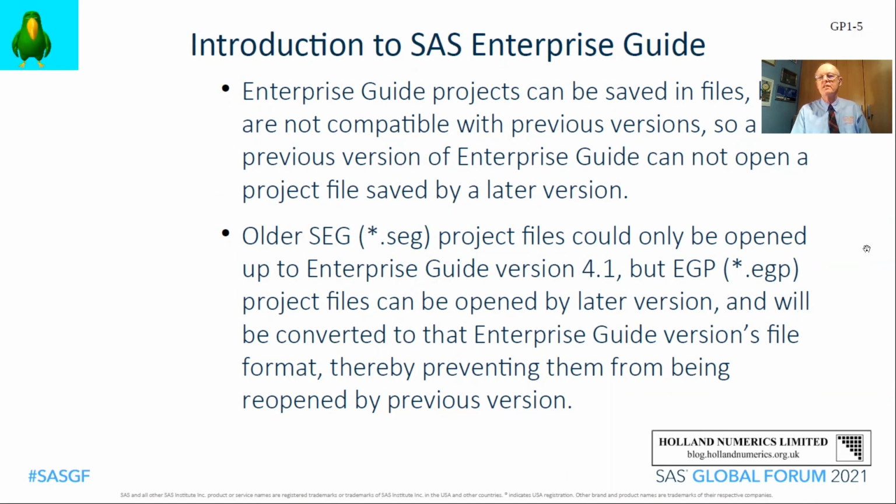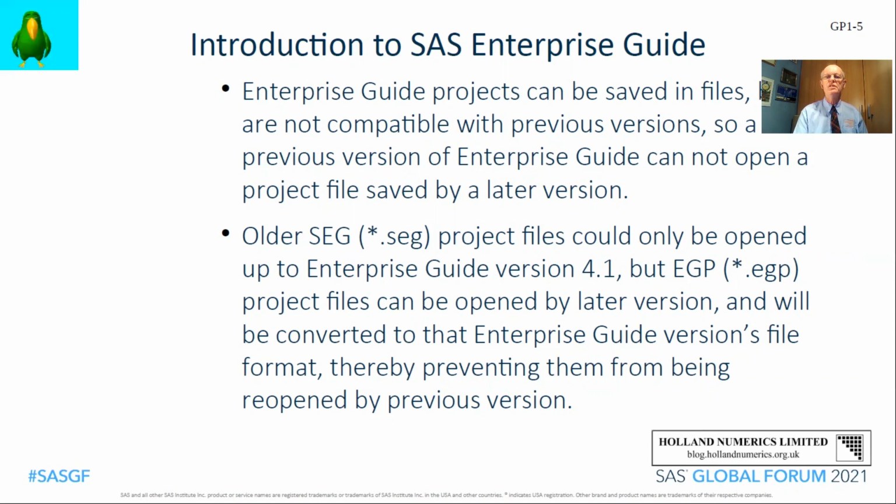Enterprise Guide projects are collections of objects, where the object could be a program, a log, or an output, but it could also be a link to programs, logs, and outputs, and also to external documents. So you can use an Enterprise Guide project as a project desktop if you want. You could have all the documentation linked onto the project file, as well as the programming items.